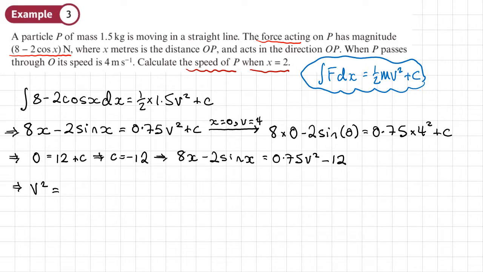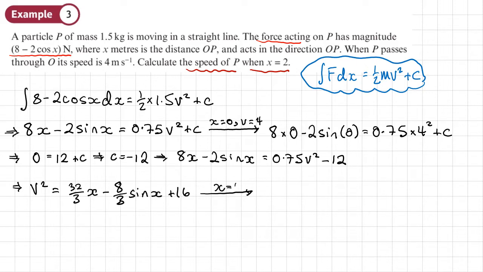So when we do that, we'll have 32 over 3 x, 8 divided by 0.75. Then minus 2, negative 2 divided by 0.75 will be minus 8 over 3 sine x. The negative 12 is going to move over to the other side, so this becomes plus 12 on this side. Divided by 0.75, it's going to become plus 16. And all we need to do now is to substitute in x is equal to 2 to find v squared